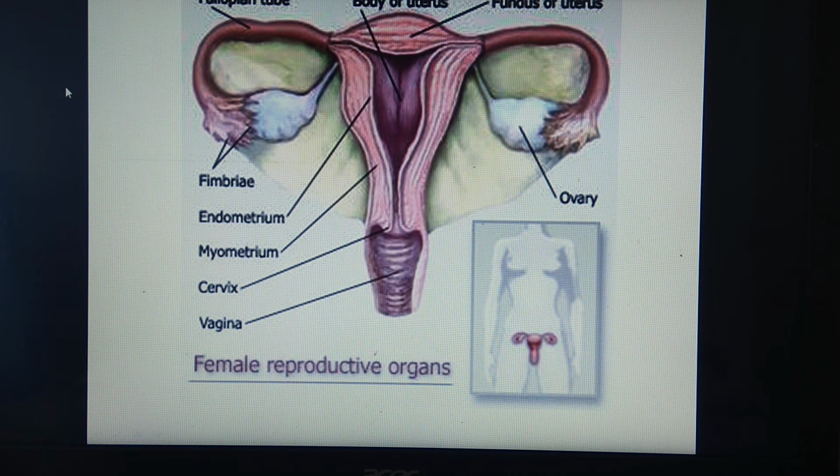Next is labia majora. It is a pair of fleshy folds of skin. Remember that it is homologous to the scrotum. What is the scrotum? The scrotum is seen in males, in which the testes lie. So structurally labia majora and scrotum are similar, but functionally they are dissimilar. What is mons pubis? It is a fleshy elevation above the labia majora and it is covered with pubic hair. Okay, so this is all about this system, including external genitalia.